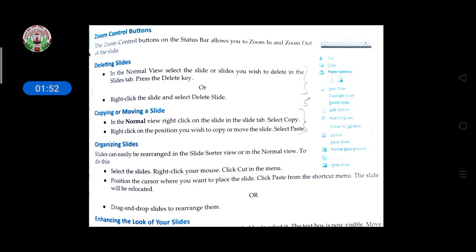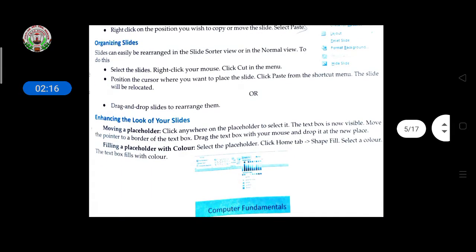You only have to drag your slide, it is given on the left side of the pane. Drag the slide to where you want to put it, and put it there. Very simple, with the help of the mouse you can drag and drop your slides, change the slide's place, or rearrange your slides.